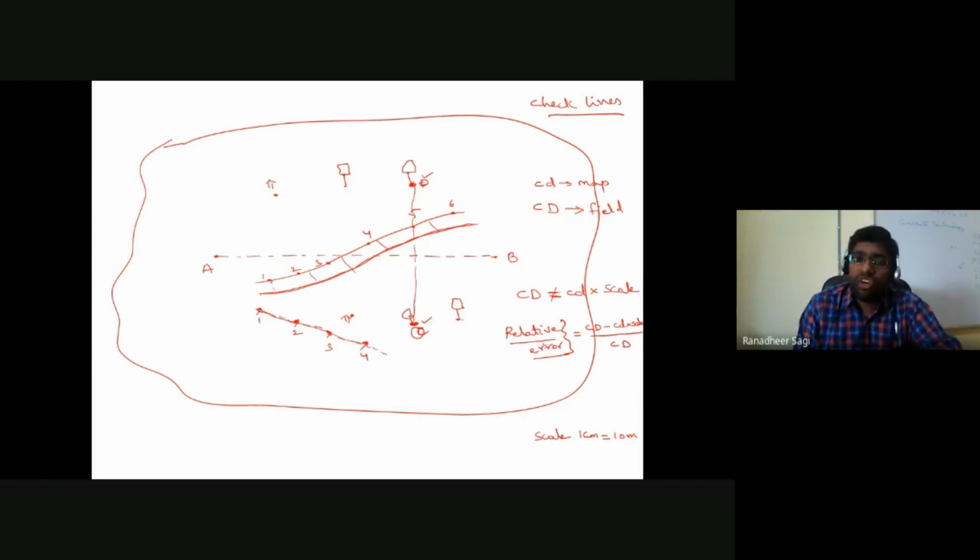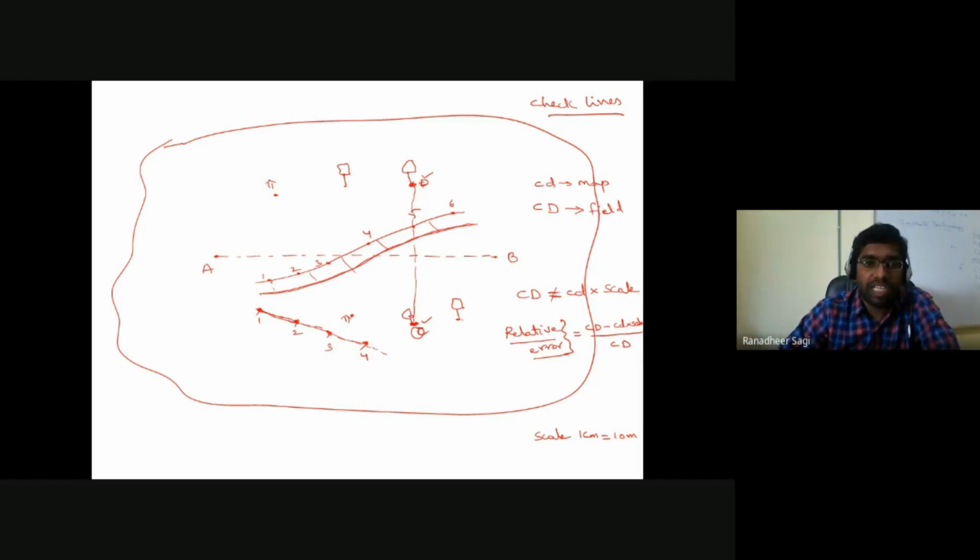Sir, do I need to go only for one check line? Need not be. You can have n number of check lines in your field, but you have to understand one thing. The so-called check line you are going to refer to should not be the same line which you have already located in your map, or already located in your field. For example, I cannot say the line going from point 1 to point 2, from the first electrical pole to the second electrical pole, is my check line, because that line I have already marked and located the position of those exact point 1 and point 2 in your map as well as in your drawing sheet.